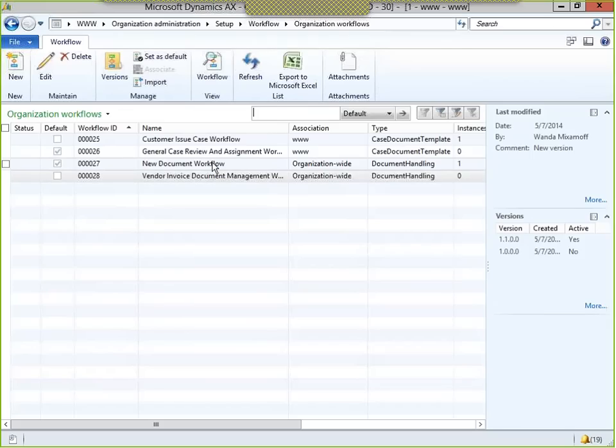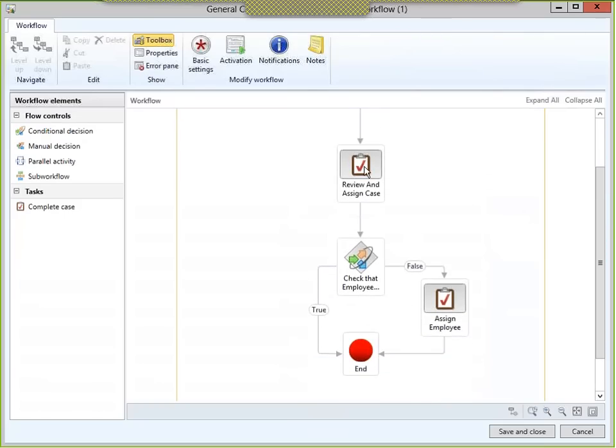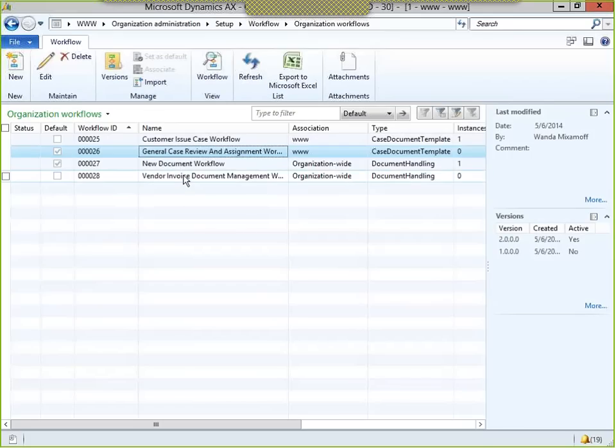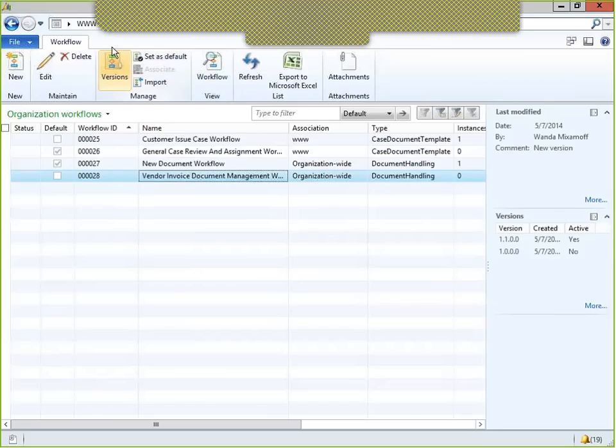if there's a customer issue, then you can create workflows that allow you to assign cases for review and have all of the incidents and customer complaints or collections issues or any case that you create in the system managed here through workflow. Now also what you can do is use workflow for document management. And the document management is interesting because if, for example, I go back to my home page,